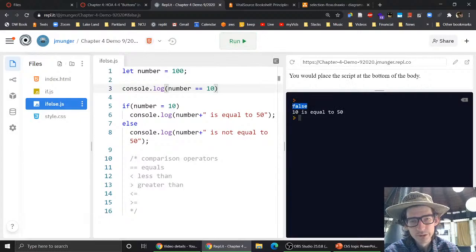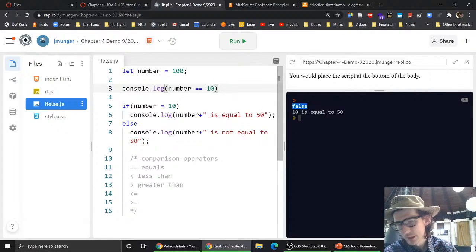So here's our output of this console.log. Okay, and we know this should be false because 100 is not equal to 10, but it's printing out the result of this comparison. So now we can see this is going to be false. And so we can put